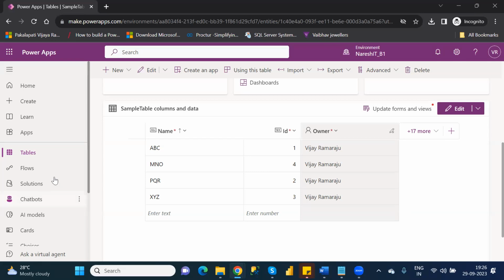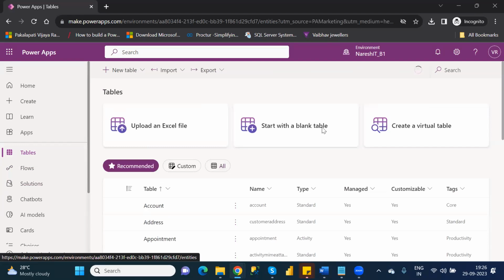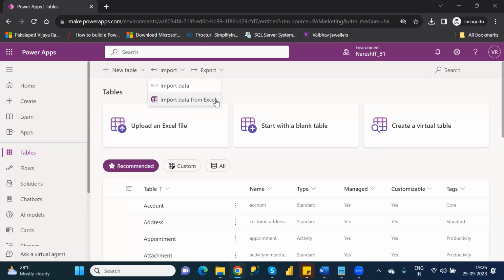So that's the reason, if you want to create your own table in Power Apps, then you have to start with a blank table. If you want to load the Excel data here also, you can load it, or else under the import, there is an import data from Excel option. If you use this option, you have to map the data source columns as well as the destination columns, sorry, Power Apps table columns as well as data source related columns. Also, you have to map it here. Must and should. After choosing that particular Excel file,